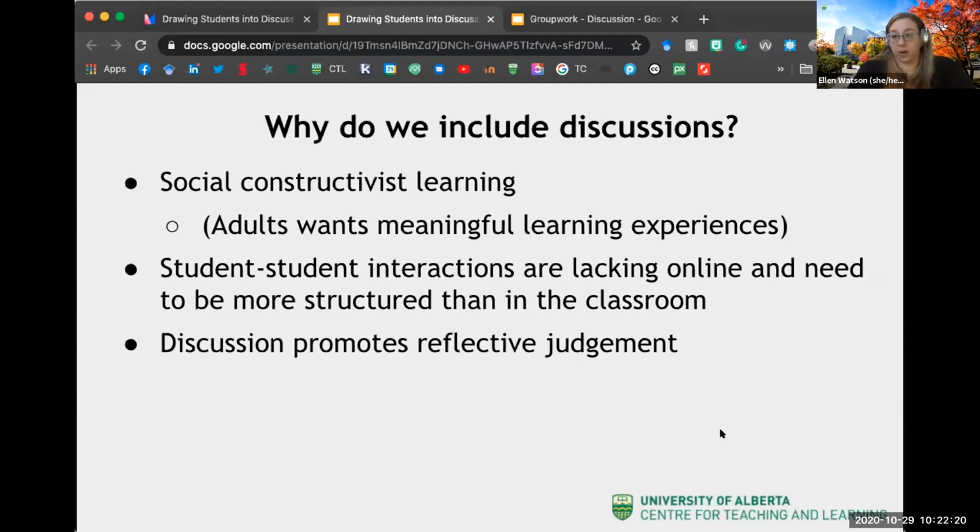reflect before they respond. So something you will notice is on asynchronous discussions, students often tend to respond with longer responses, and they tend to have answers that are more connected to the readings because they can go back and they can